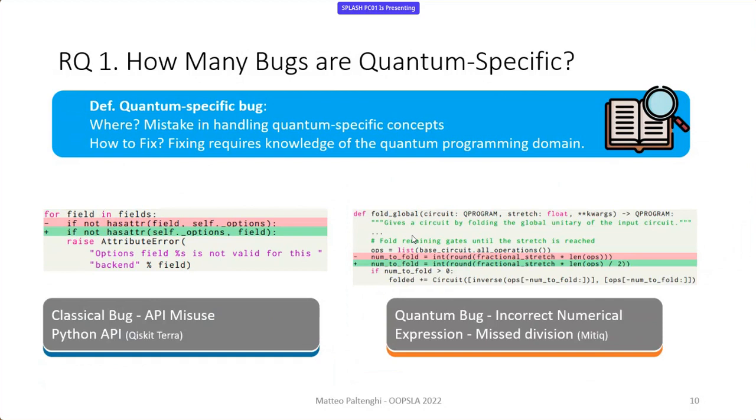To do so, we have to keep track of how many operations we add at the end. Here the problem is related to the wrong way of keeping track of this number. There was an incorrect numerical expression which was fixed. And to fix it, you of course need to spot it. We argued it would satisfy the description that we just gave of a quantum specific bug.